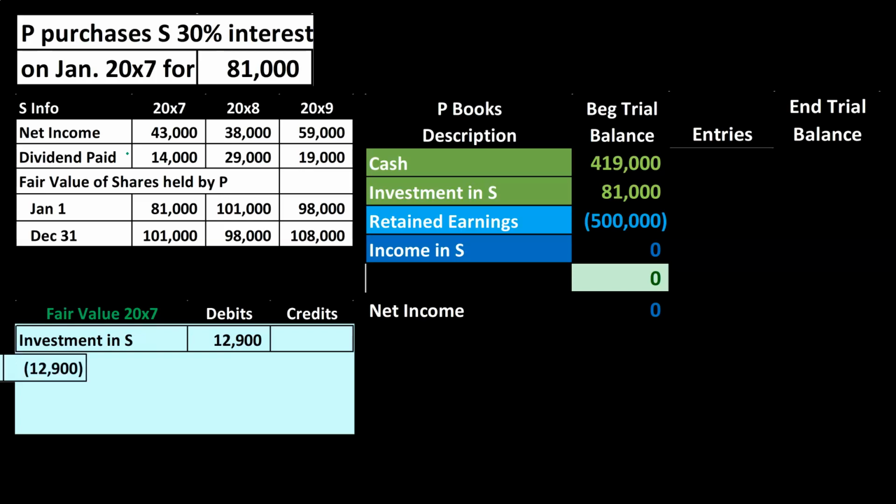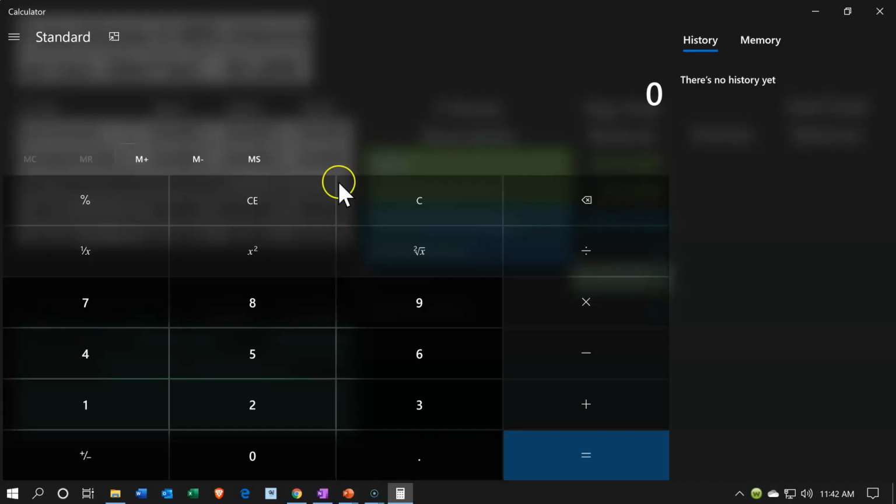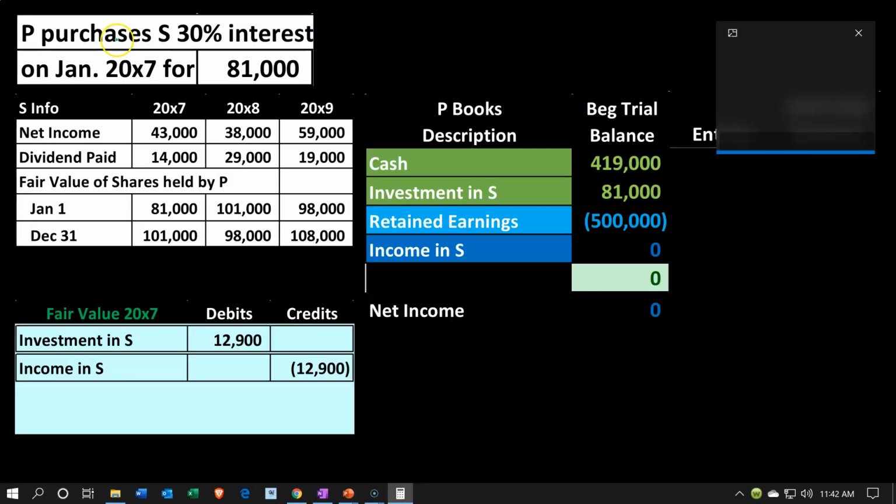So first we're going to take the investment going up 12,900, and income in S is going to be going up. Now what's that going to be for? Let's pull out the huge calculator here. So giant calculator. We've got the 43,000 times 0.3. So in other words, the 43,000 net income for 2000X7 times 0.3, 30% our interest. That means that our interest is going up in the investment